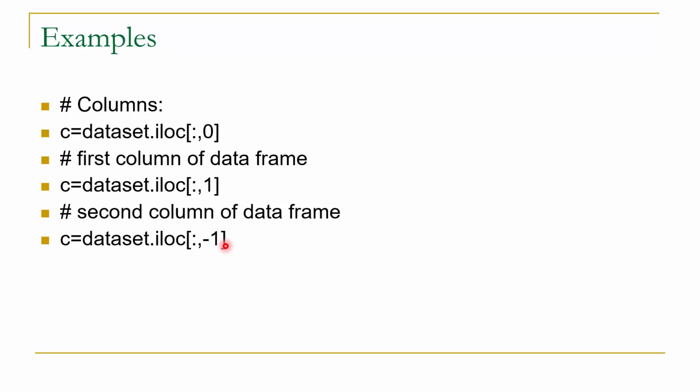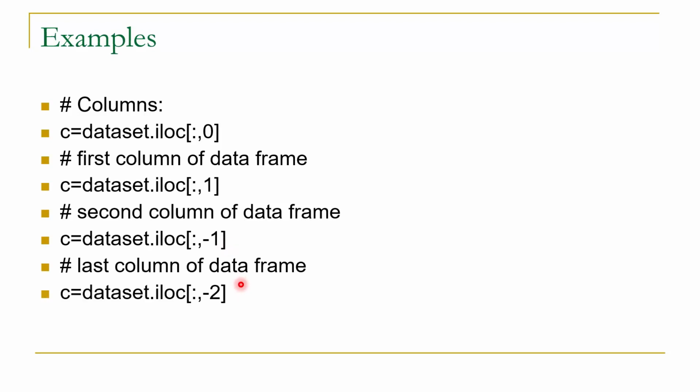dataset.iloc[:, -1] will select the last column of the data frame. And similarly, dataset.iloc[:, -2] will select the second last column of the data frame. So these are examples which give you an idea of how you can select the columns or rows by